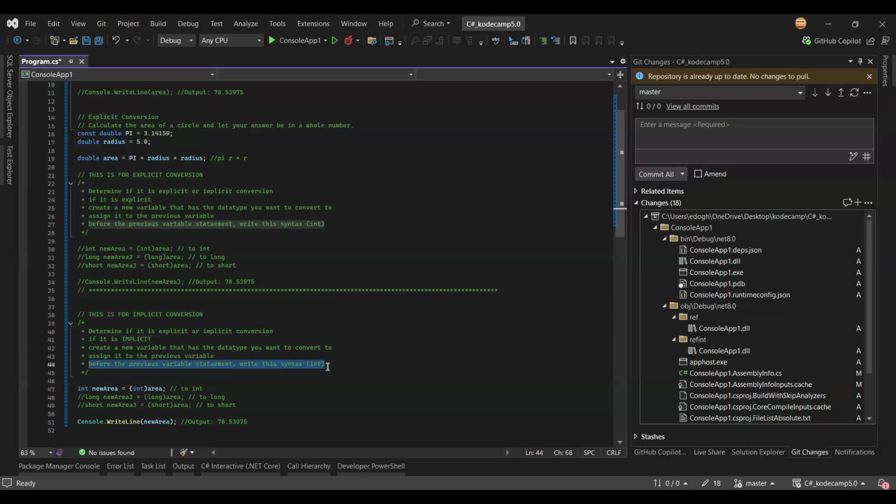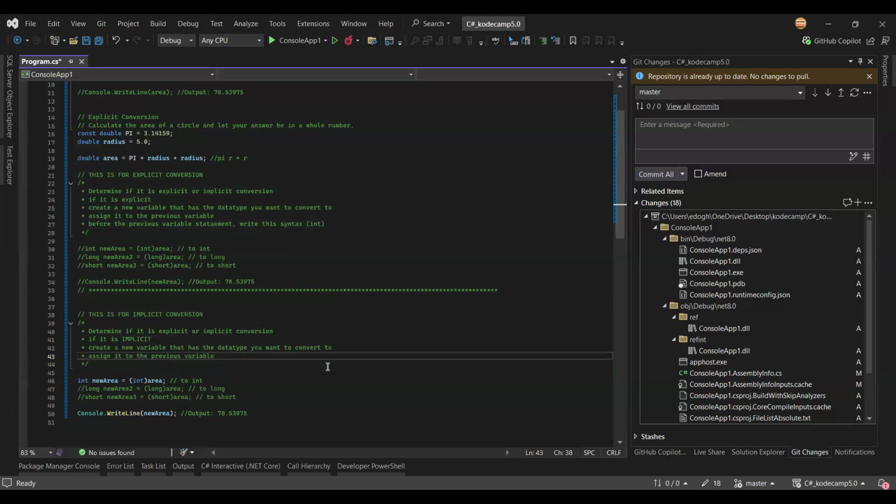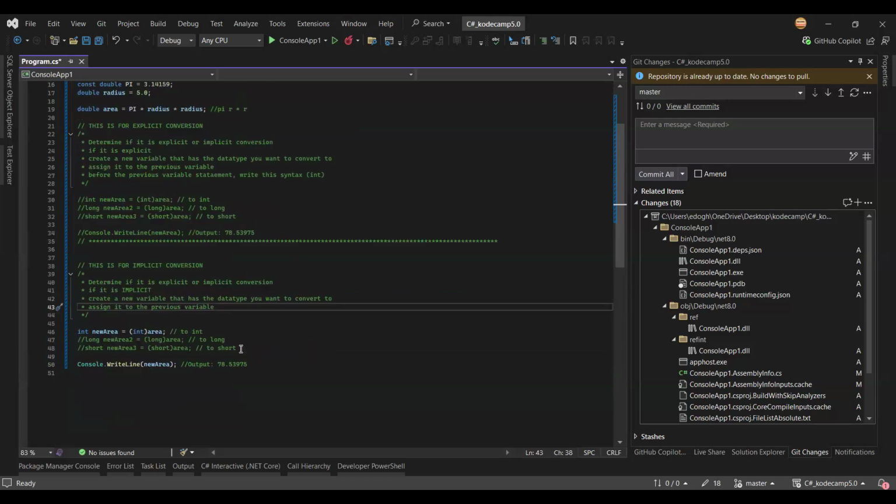Dynamically, it is going to convert it. Behind the scene, it is going to convert it to the new data type variable. Oh, that's what it means. Meaning,